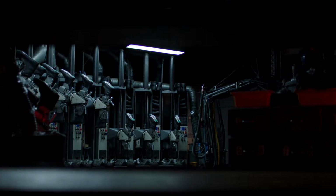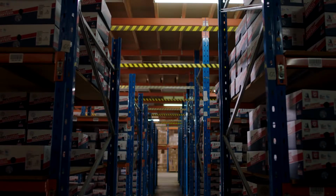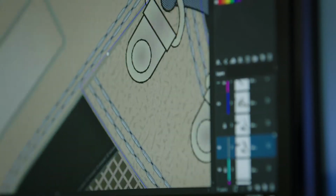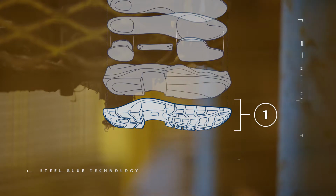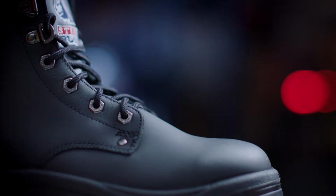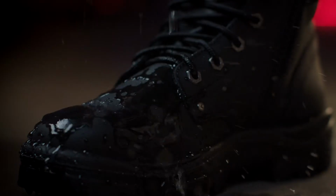Whether it's on-site or on the factory floor, we're always searching for new ways to improve and evolve the work boot. That's why we set out to design the most comfortable work boots in the business. Our innovative water protection technologies deliver premium safety and comfort to reduce foot fatigue, odours and bacteria, extending the life